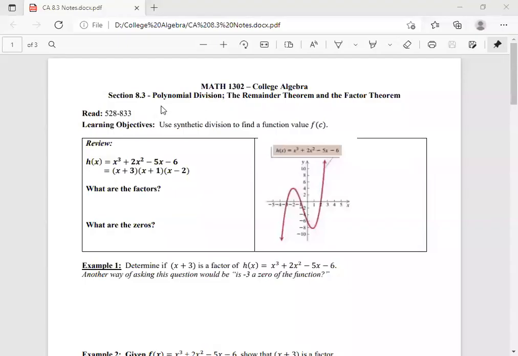So section 8.3, polynomial division, the remainder theorem, and the factor theorem. And a lot of this stuff goes back over some of the stuff that we've already talked about in 8.1 and 8.2. So if you're following along on Zoom, if it gives you